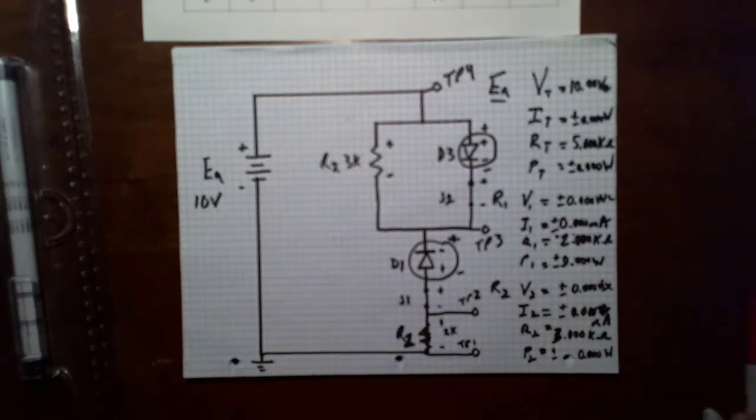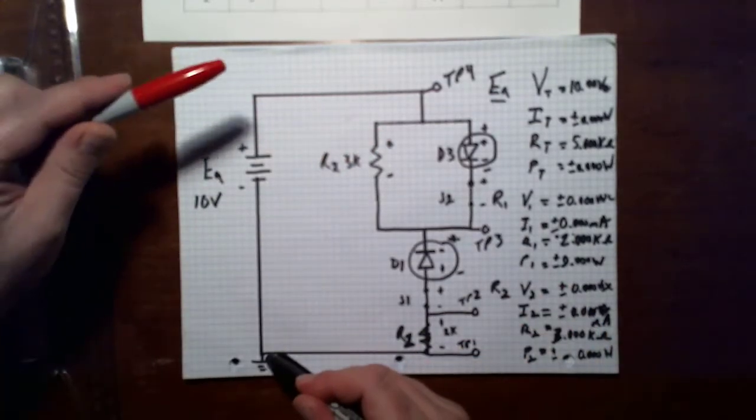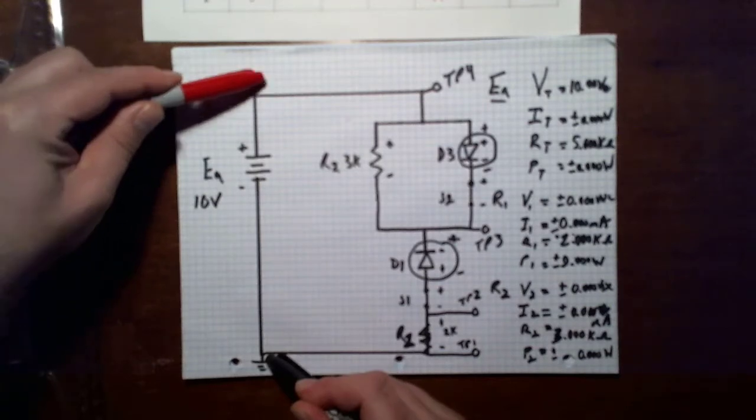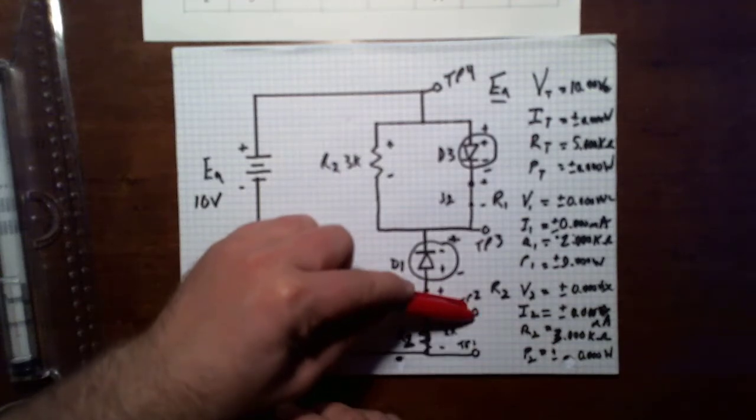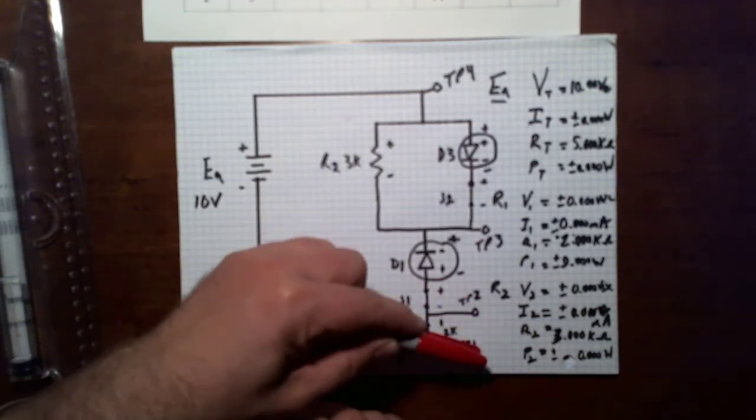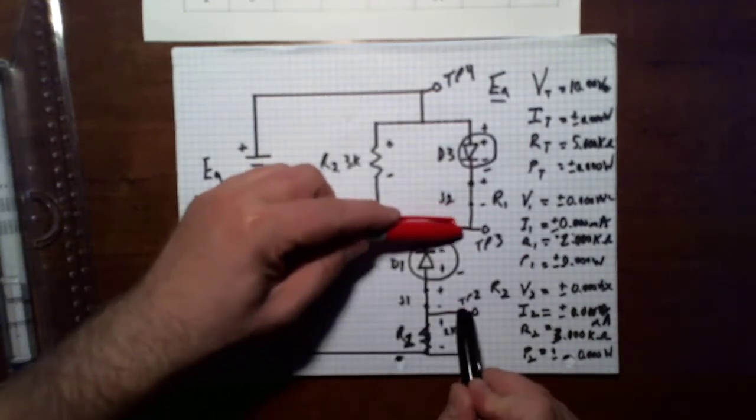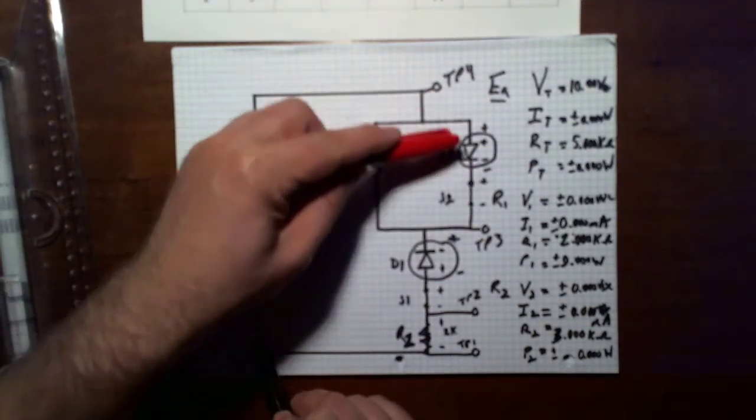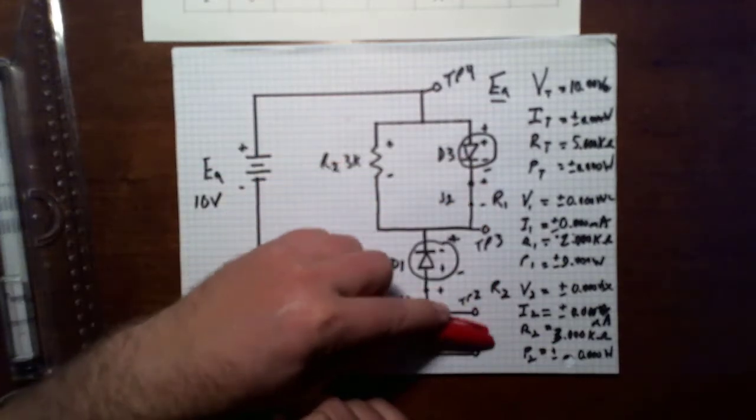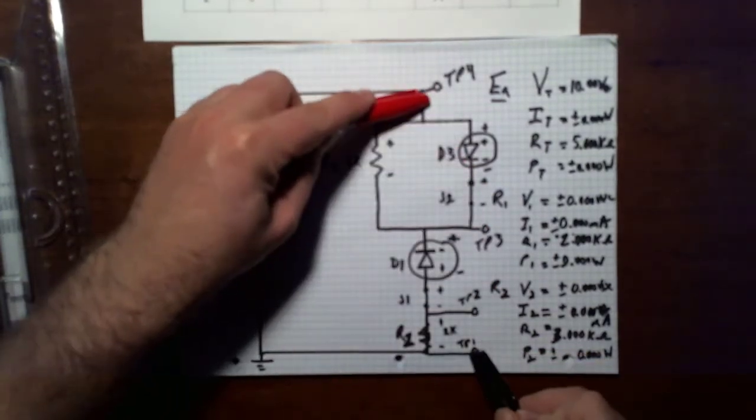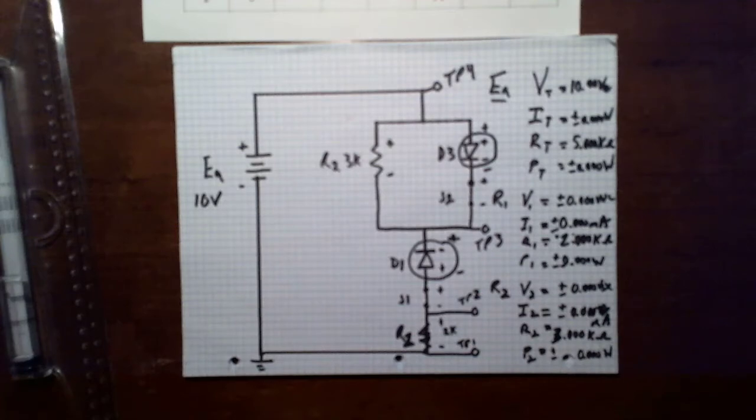Okay, and if I was to then measure voltage, I'm going to put my black lead here at the ground. I would have 10 volts at test point 4, 10 volts at test point 3, 0 volts at test point 2, and 0 volts at test point 1. All my voltage is dropping right here. Hopefully that